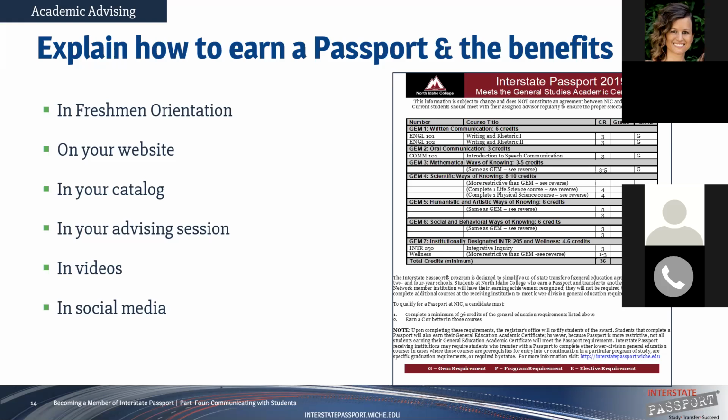There's the market site, the storefront, as we would call it, on the website and in the catalog, some of those static places that you can always lead people. As we progress into the future, specifically on your campus, but also in general, if you go back to what we have available through the Interstate Passport website,